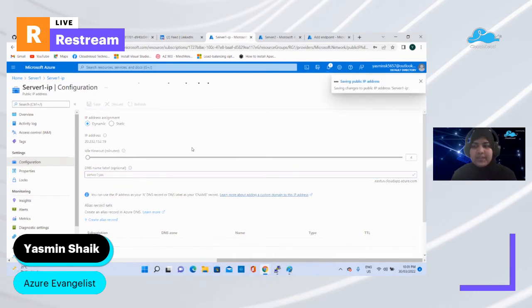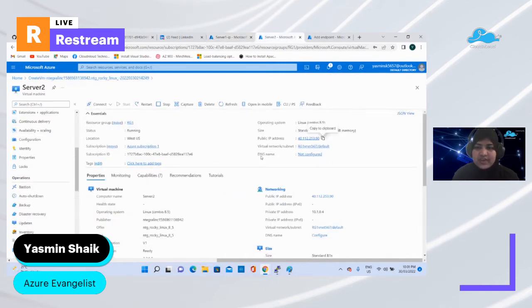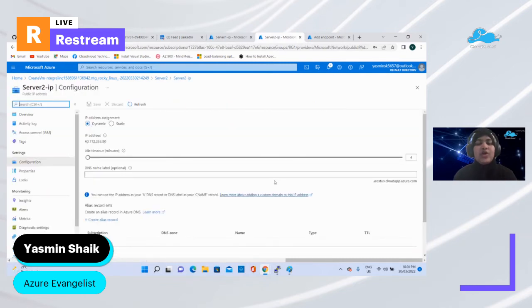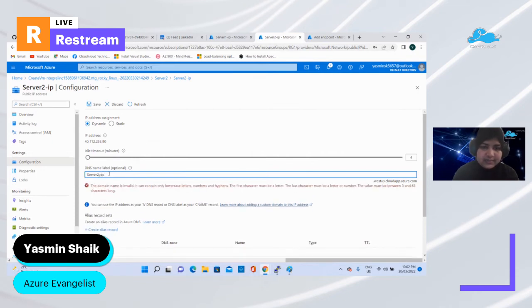In the same way, I'm going to my server 2 where the DNS is not configured. I'm going to configure it, because this load balancer is going to redirect the traffic to these virtual machines only based on the DNS, because it's a DNS based load balancer. Okay, so let me give it as server 2.